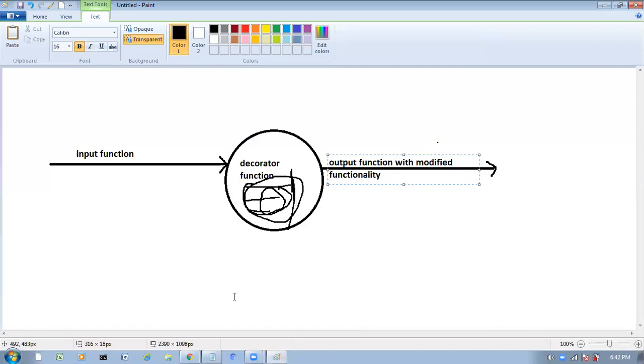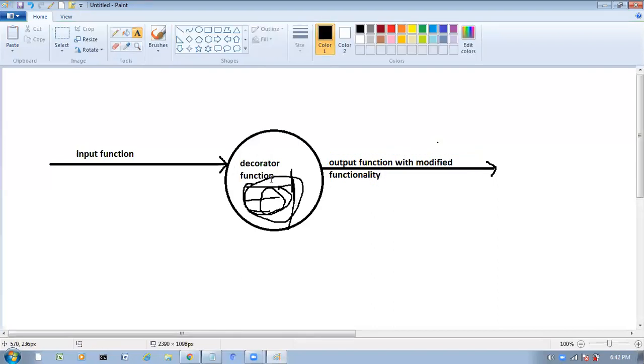Right, observe very carefully. Decorator is nothing but a function only. To this decorator function, I am passing one function as the argument. Inside this decorator function, on top of this input function, I am applying some new functionality. It will return the new function with the modified functionality.